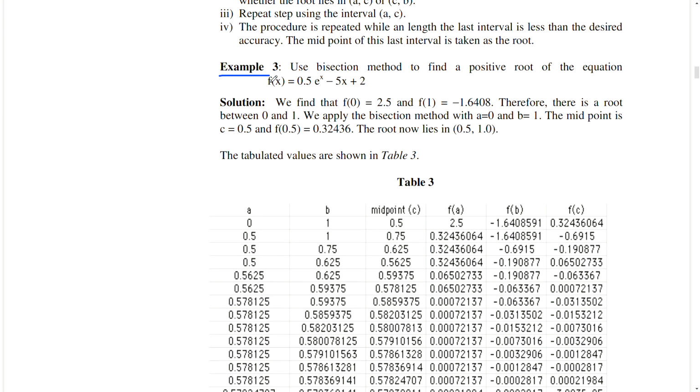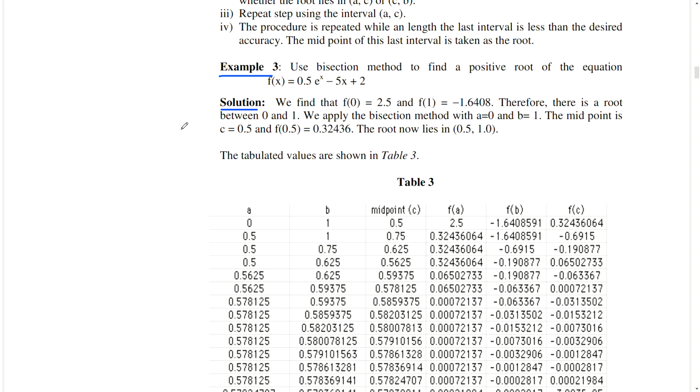Example 3. Use the bisection method to find a positive root of the equation f(x) equal to 0.5 e to the power x minus 5x plus 2. Solution. We find that f(0) equal to 2.5 and f(1) equal to minus 1.6408. Therefore, there is a root between 0 and 1. We apply the bisection method with a equal to 0 and b equal to 1. The midpoint is c equal to 0.5